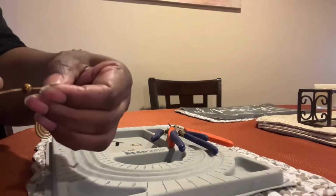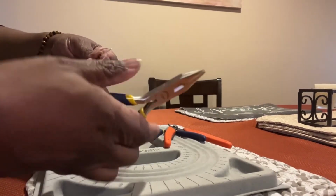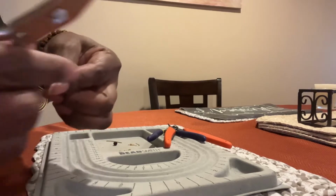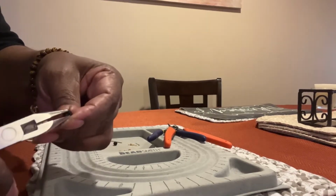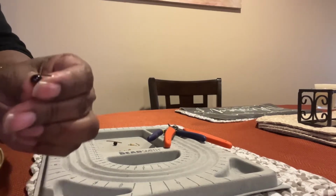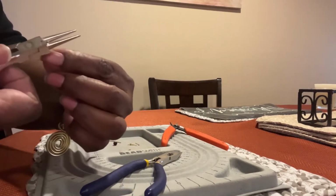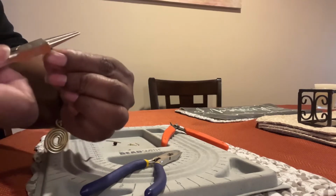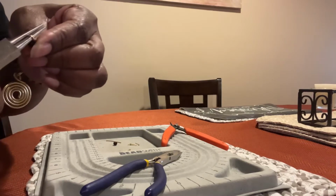Okay, to assemble, you just put the tiger eye bead in the middle of the wire. I'm using 1.5 inch. I don't know if I said that in the beginning. And you make a bend at the top of the bead, like so. And then I'm going to use the round nose pliers to make the loop, and I'll do that on both sides, and then you'll have the little charm